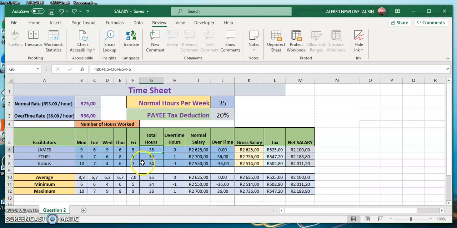This one worked 34, less. He didn't reach the maximum number of hours supposed to work per week. So you see that the overtime is what? -1. What is the trick? The trick is